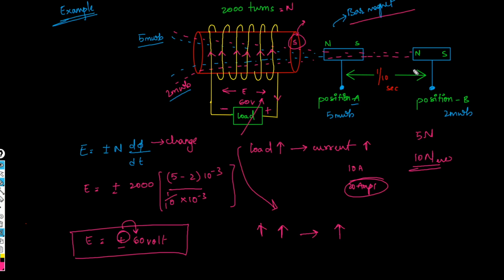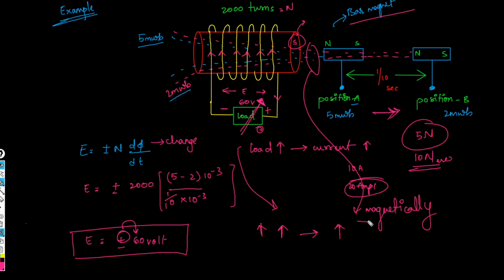Suppose in simpler terms, if I have to explain, here you are applying force to move the magnet from one position to another position. This same force is being compensated by the load here due to the increase in the current. Whatever the current has been increased in this load is being compensated by the movement of the force. So here there is an exchange of energy. This Newton force has been exchanged in terms of current indirectly through means of the magnetic field. This is how a transformer actually works.